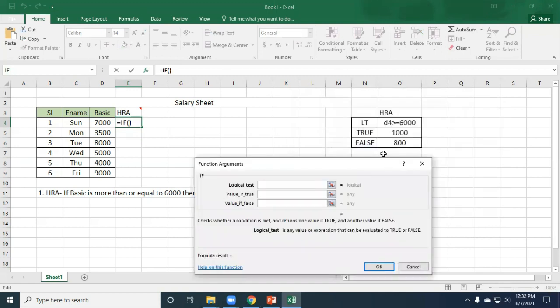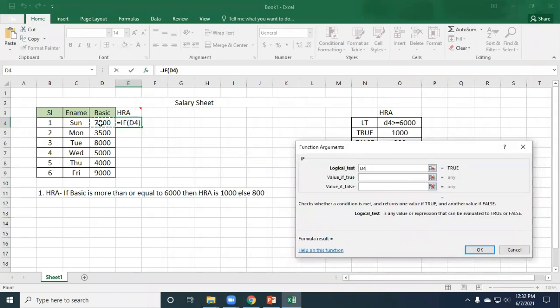There are three boxes I have already drawn there previously. The first one is logical test, then value if true, then value if false. So the first condition is the logical test. Place the cursor here. The condition is if basic is more than, and basic means this one, because we have placed the cursor here.